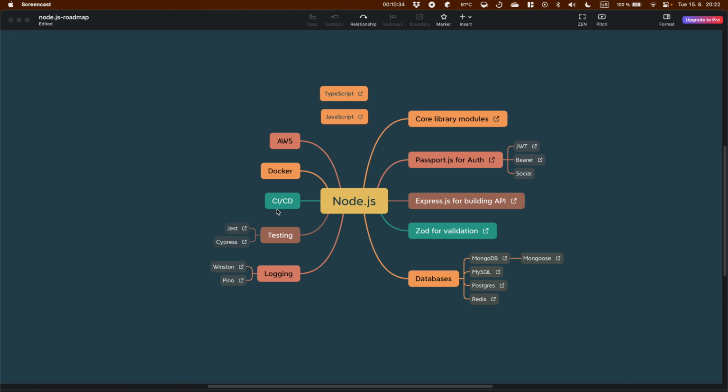Okay, CI/CD, just build and deliver your code. Docker, learn about Docker, how to containerize your Node.js application to serve it somewhere in the cloud. And yeah, AWS is the most popular cloud provider for Node.js applications. So I guess I will add some tutorials for AWS and Docker. I will think. Maybe I will create some additional videos to cover those topics.